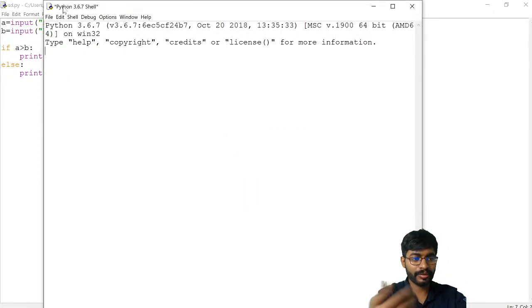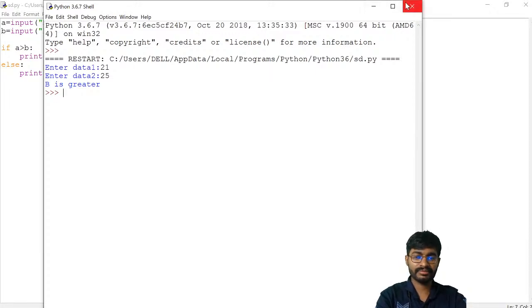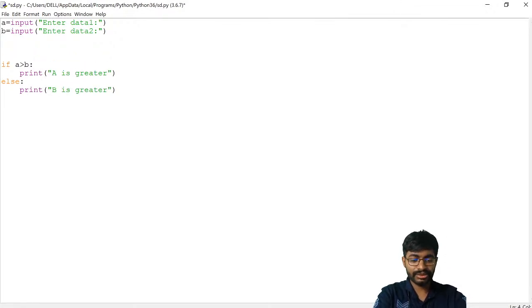Now I am going to provide two data, 21 and 25. So here b is greater. But once it is executed, it stops automatically. What is the reason? Because we have not given the condition for continuous execution. For that we can use the while loop.